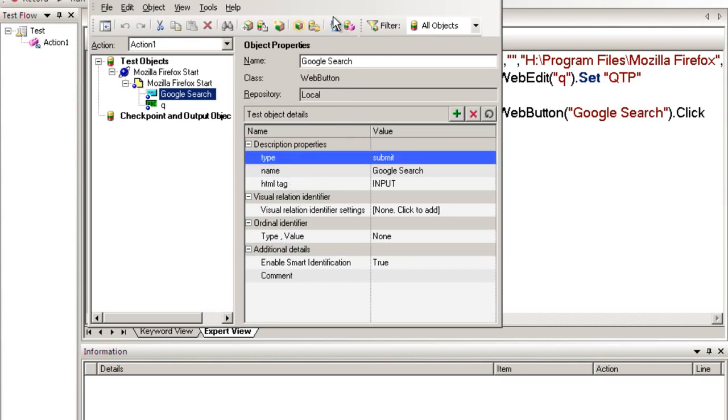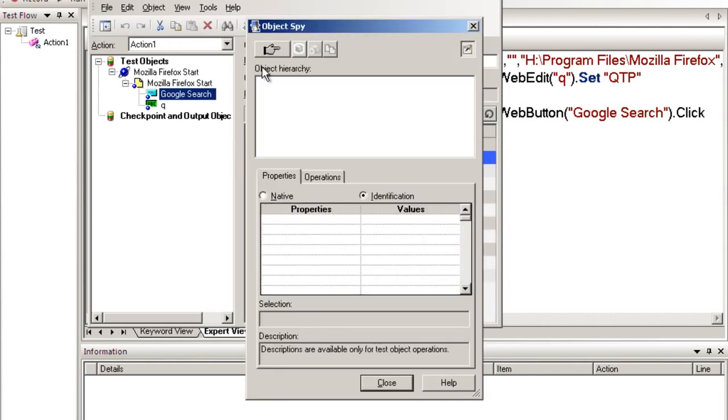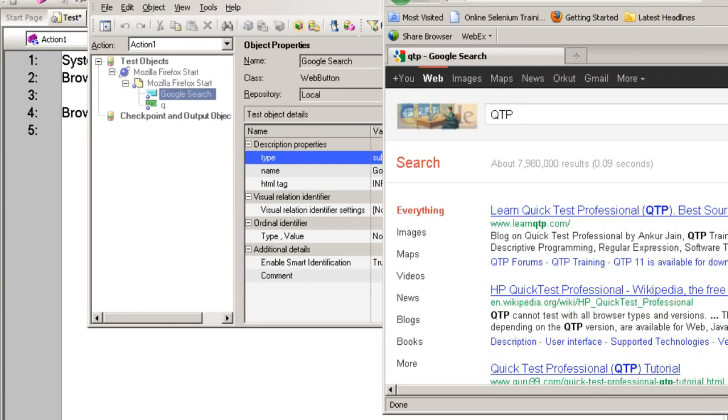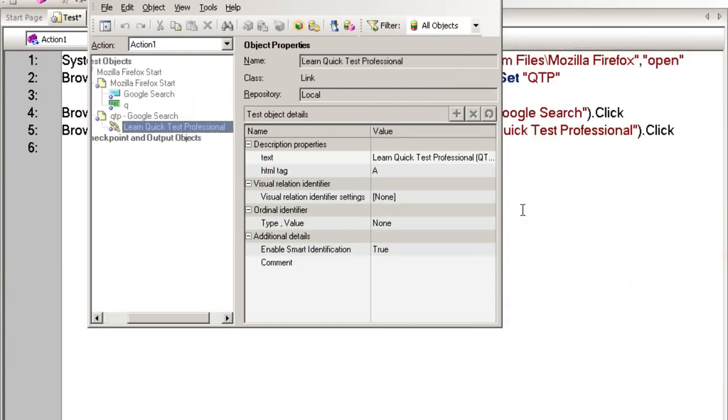Fine. Now, when I spy this again, or let me start recording it. When I start recording this again, I maximize my browser. Now see, inside the browser is same, but as I have clicked the Google search button, the page has changed. Now because the page has changed, say I click on the first link, learnqtp.com. Okay, I'm clicking on this link. Then what's happening is that